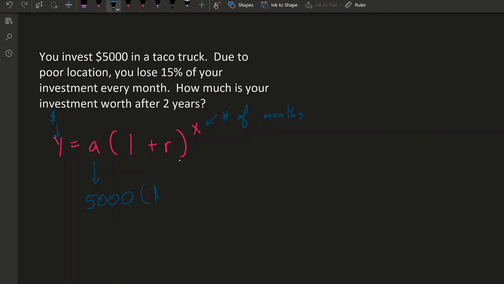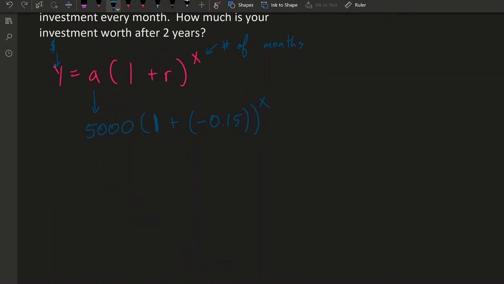Now I have this 1 here that stands for 100%, plus now I'm losing 15%. So I'm going to take that decimal point and move it over 2 spots. And this is losing money, so this is going to be negative 0.15 to the x power. So simplifying that, we would get y equals 5,000 times (1 plus negative 0.15), which would be